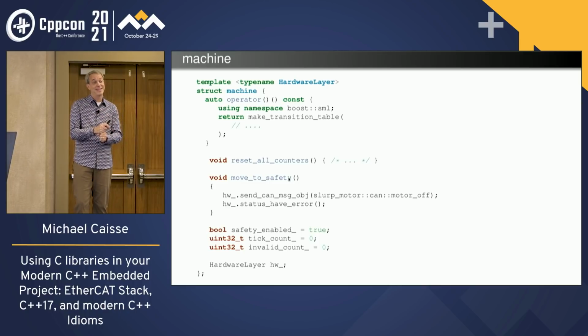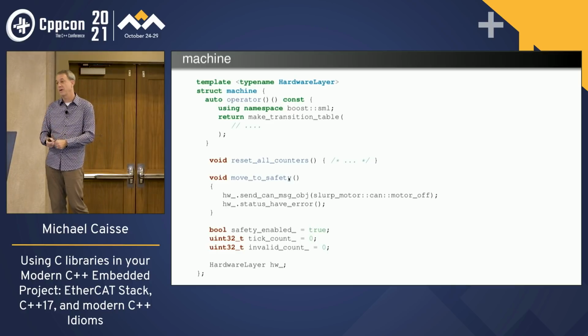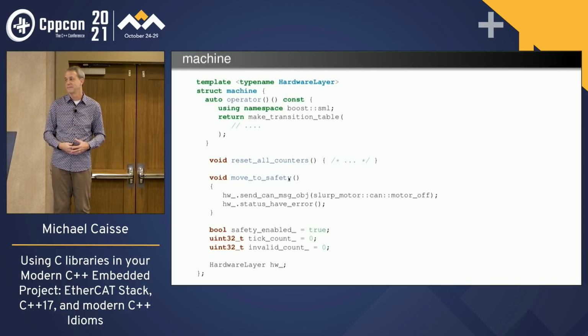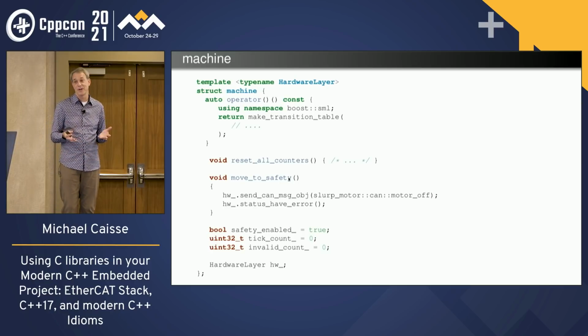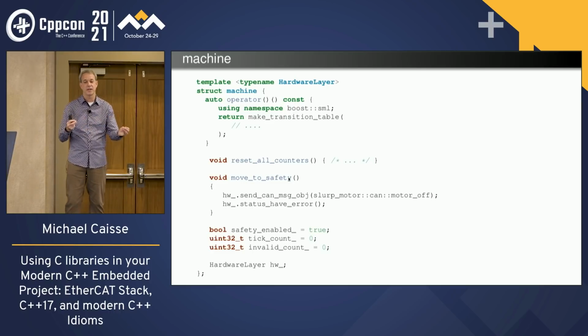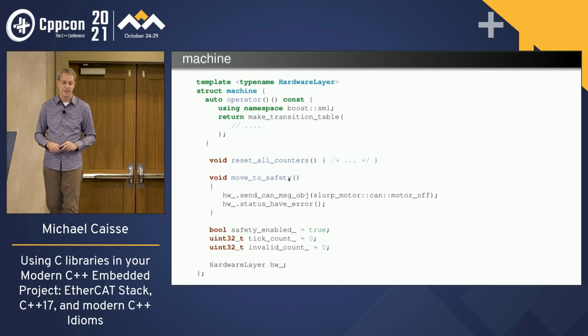There's no reason to make it into an object. Now, initially, you might say, well, I want to make it an object because I want to be able to store the state that's associated with it in there too. But at the hardware layer, you're going to find that actually creates more pain than help. Because now you're going to have to instantiate a singular object and pass that around all over the place, as opposed to I want to talk to the hardware layer. And the hardware layer will have its own objects that it's going to take care of.